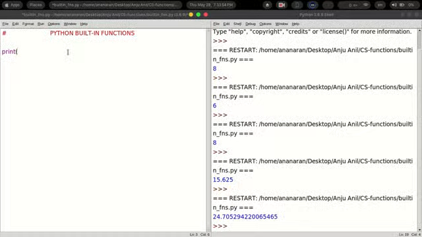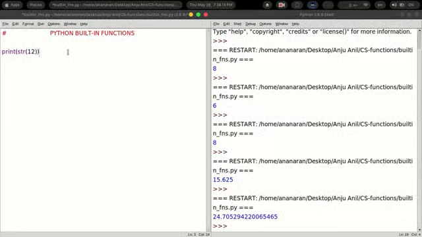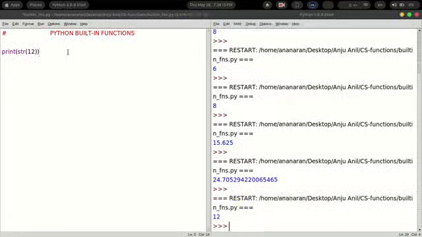Suppose you are giving a number as input, str within brackets, I am giving a value, suppose 12, and then if I execute this program, it will give me the output as 12 itself. That means the number or the integer 12 is converted to the string value 12. String means a combination of characters. So a number is considered to be a character if you are using the str function.